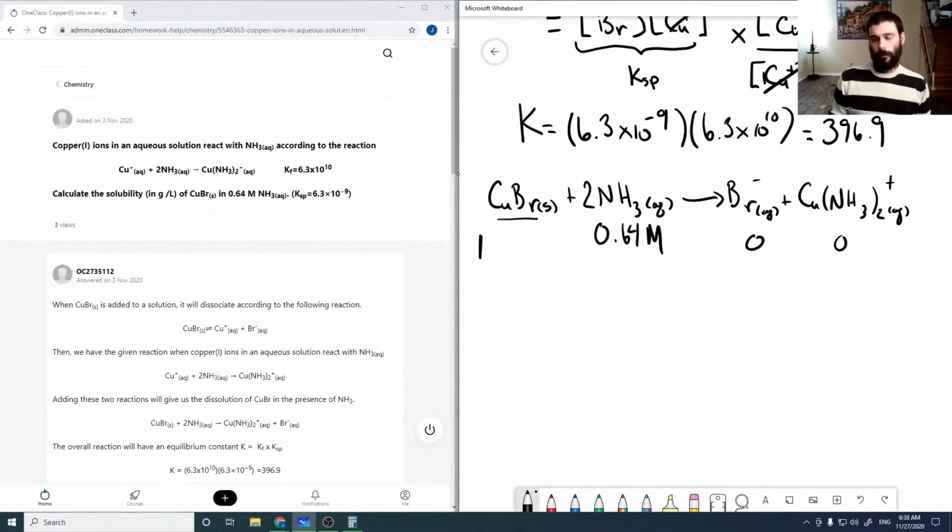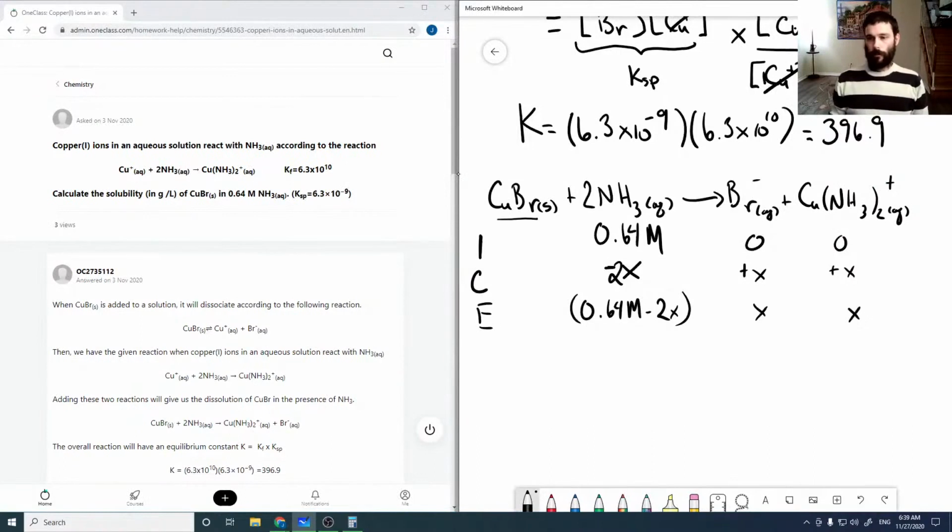Now that's our initial, our change. Representing our change just by x. So if we reduce this by minus 2x, because for every 2 moles of ammonia we convert to 1 of each of these. So our change is minus 2x, and we're gaining x here and here. And so at equilibrium, we're going to have 0.64 molar minus 2x,